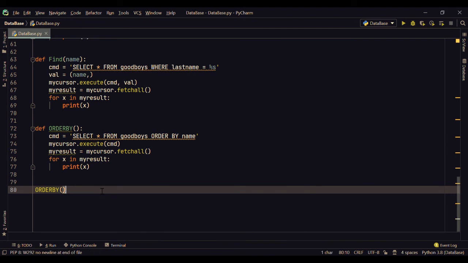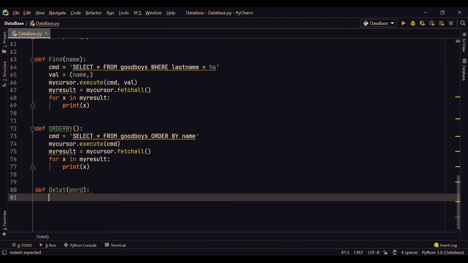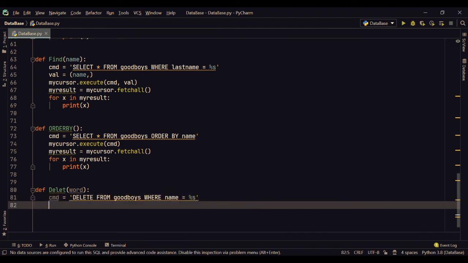Right, so let's move on, and what we should do to our database is deleting a user. Like you want to delete a user from your database, and you will give the name or the last name. The command is delete from the employees table where the name equals this value we are giving it